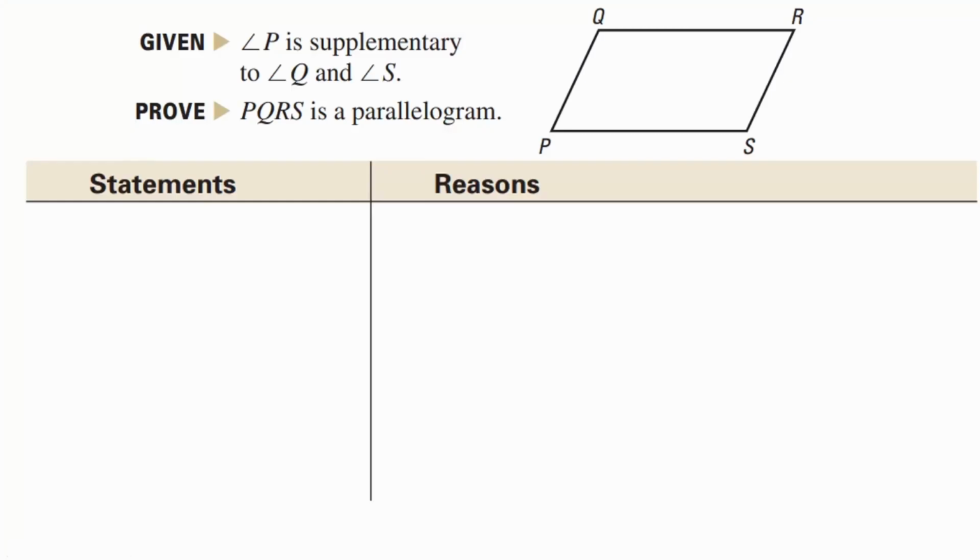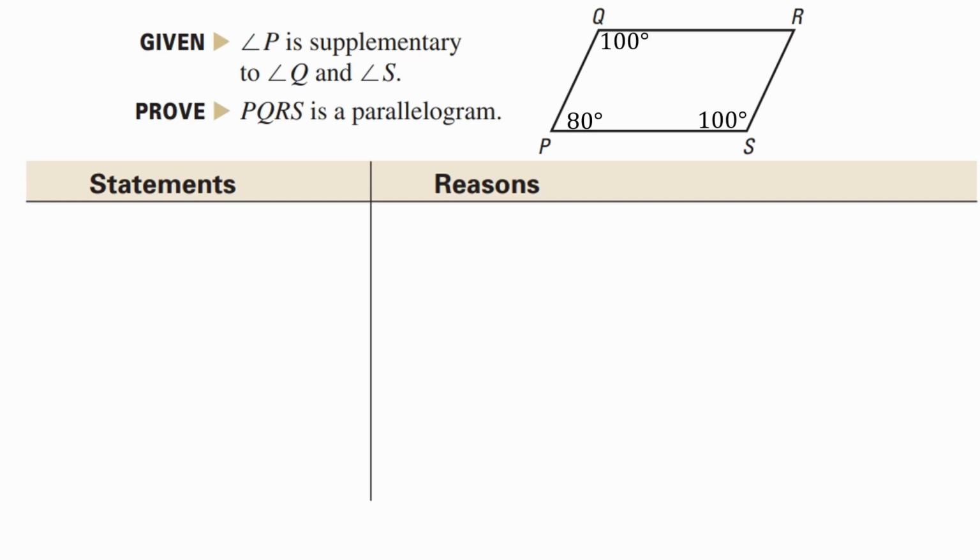We have here that angle P is supplementary to angle Q and angle S. You're going to prove that PQRS is a parallelogram. To make this easier, I just threw in some numbers so it makes sense. I gave angle P a value of 80. Since it is supplementary to Q and S, both of them have to be 100, because supplementary means they add